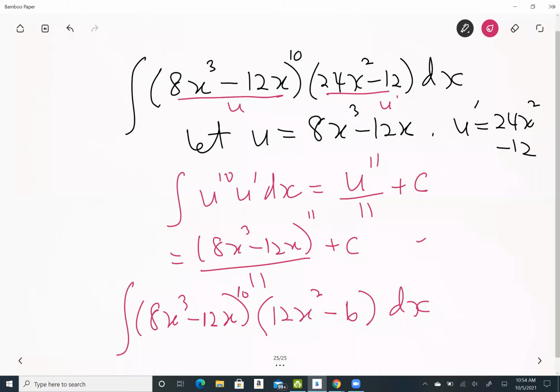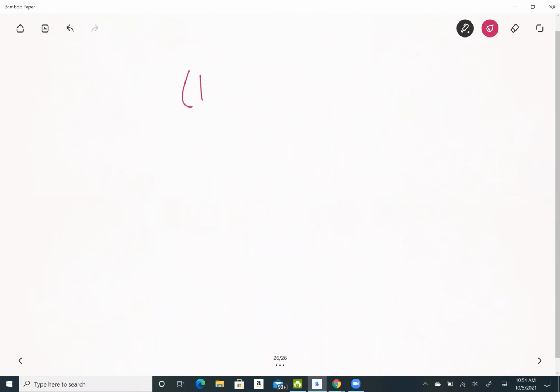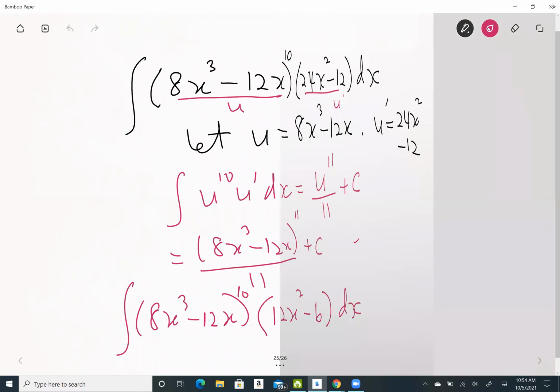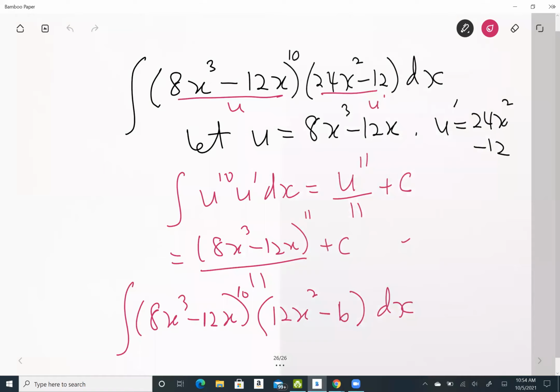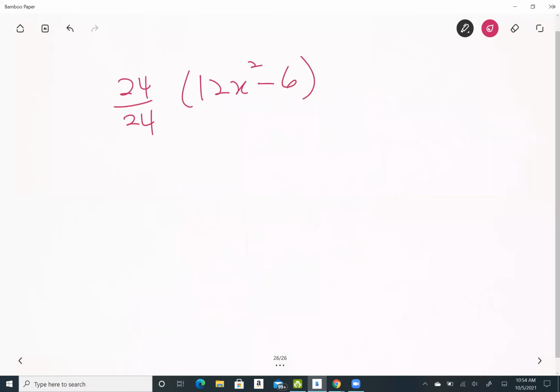So if you multiply 12x squared minus 6 by 24 over 24,